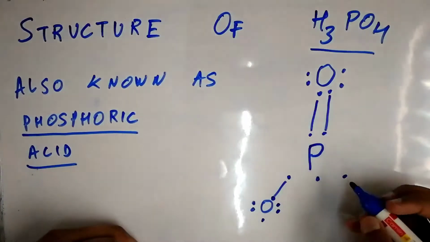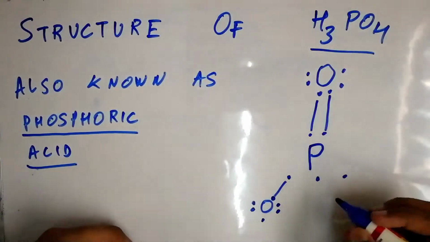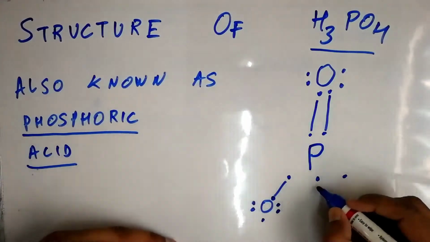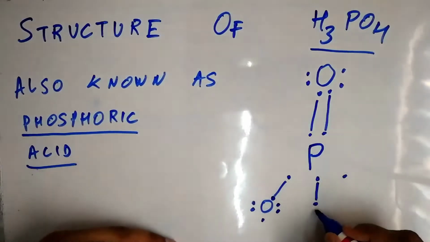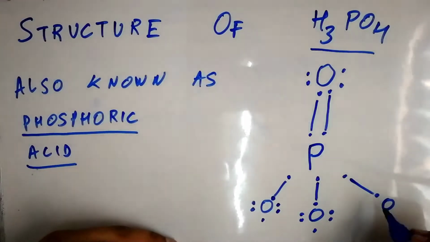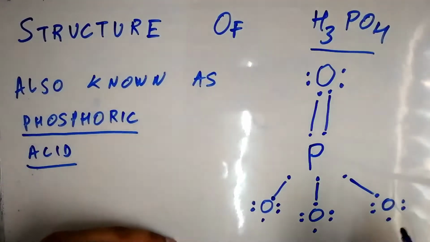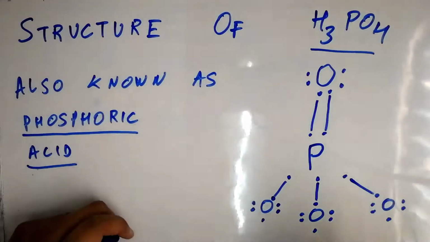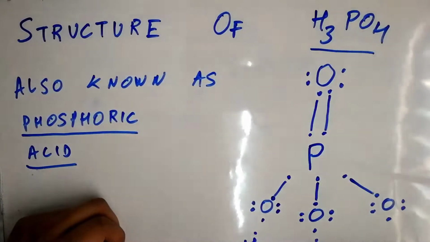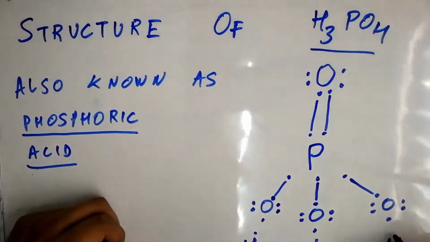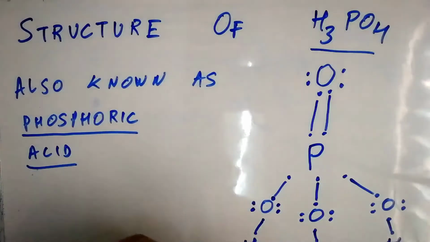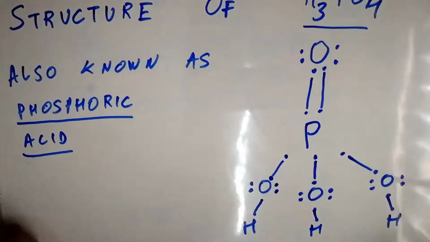And also two oxygen atoms are left, and we're going to draw them just the way we drew this one. Oxygen: 1, 2, 3, 4, 5. Now this one also: 1, 2, 3, 4, 5. Now we are left with just 3 hydrogen atoms, and now we're going to simply do this. Hydrogen and its 1 electron, hydrogen and its 1 electron, and the third hydrogen with its electron. Now they are going to make single bonds, and this is the structure of H3PO4.